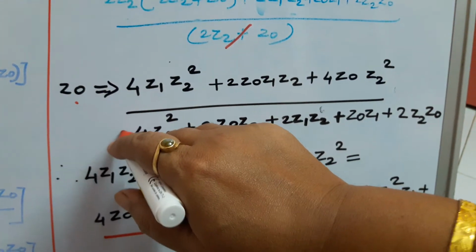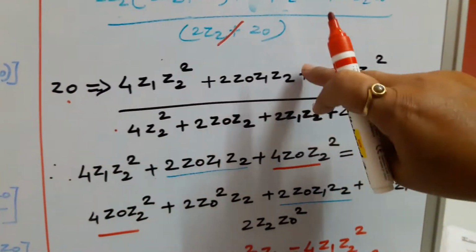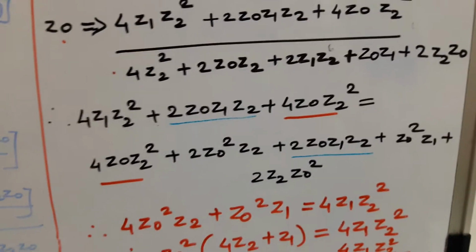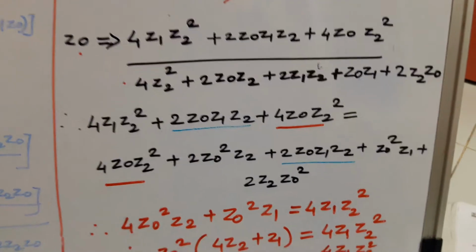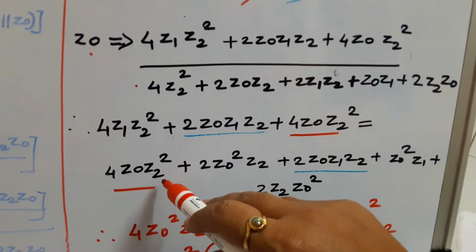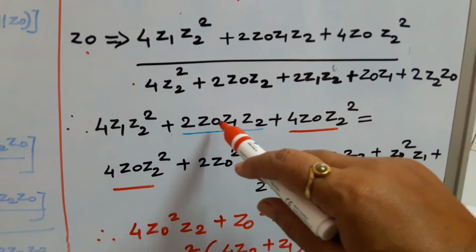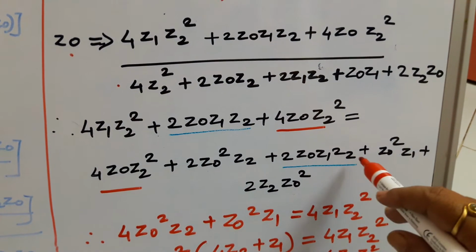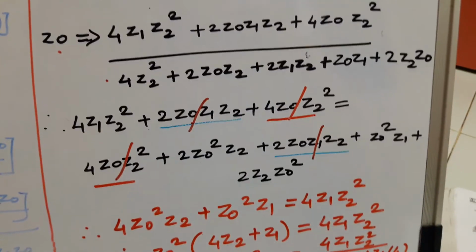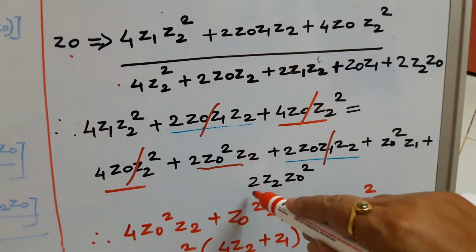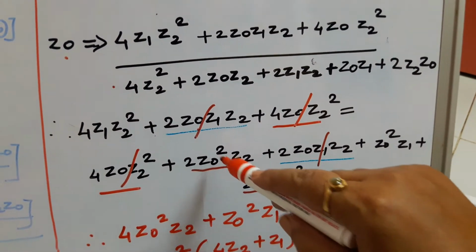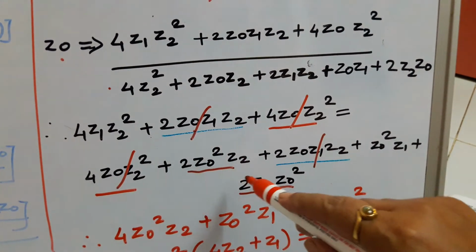Cross multiply Z0 with this denominator. So numerator is equal to Z0 multiplied by denominator. Now similar terms will be cancelled here. Those are marked with similar pens. In the left hand side 4 Z0 Z2 square, again in the right hand side 4 times Z0 Z2 square. This twice Z0 Z1 Z2 term, twice Z0 Z1 Z2 term, so this will be cancelled. And here this term and this term are similar, Z0 square Z2, Z0 square Z2, so these two terms will be added. So we will have 4 times Z0 square Z2.